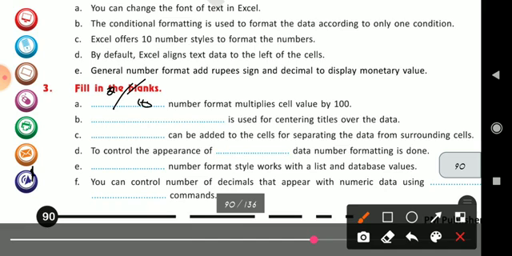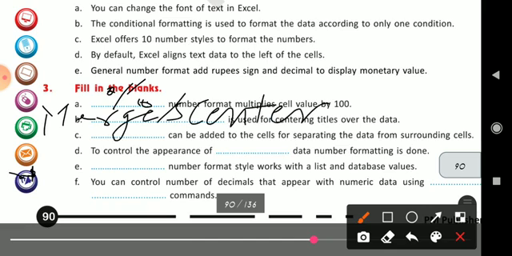Merge and center is used for centering titles over the data. So merge and center. Okay. Second answer is merge and center.